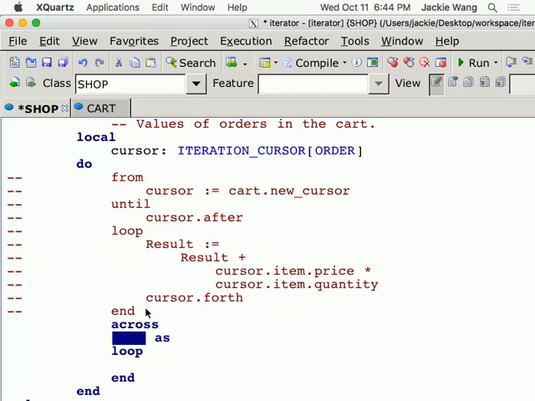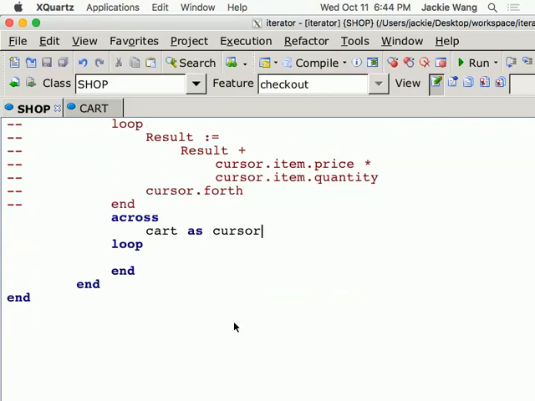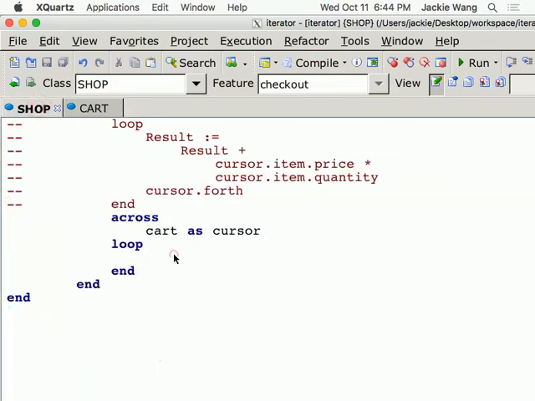So now we can simply put card, and to really show you the contrast, as cursor. That means we're going to create a cursor that is going to point to each item in the card. Okay? And then we can say loop. Result is assigned to,